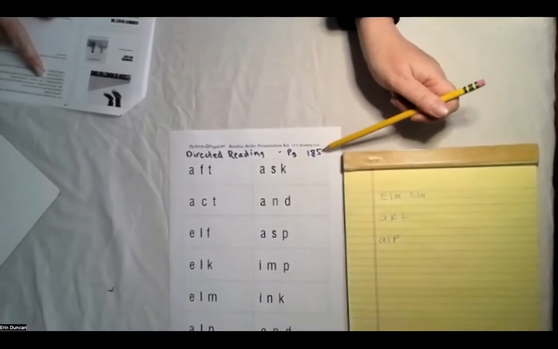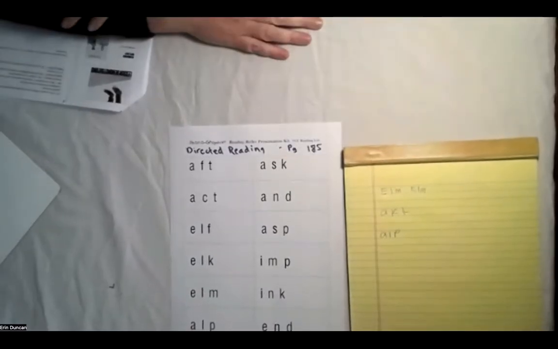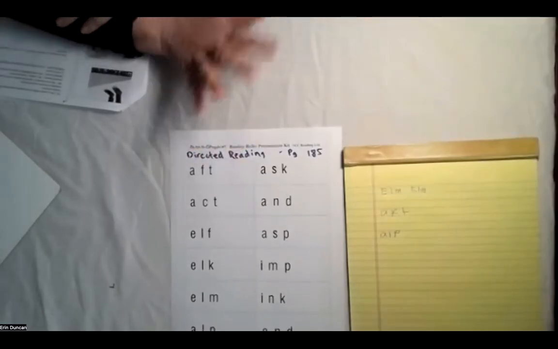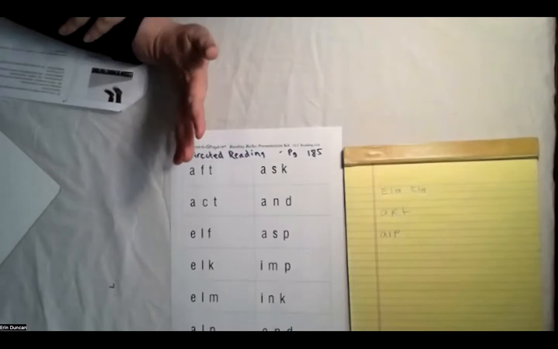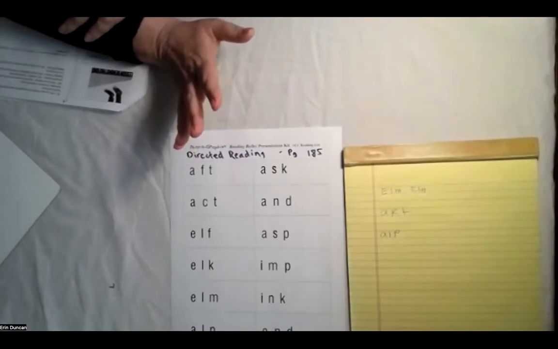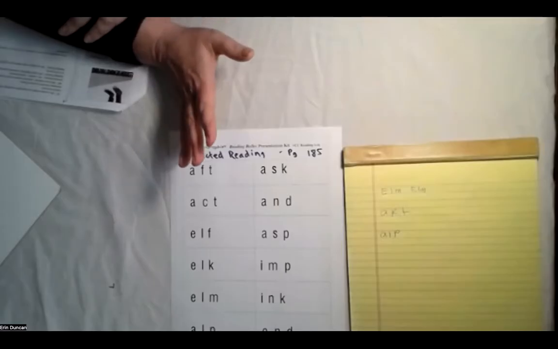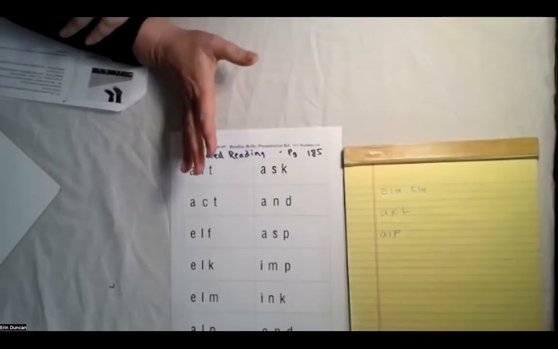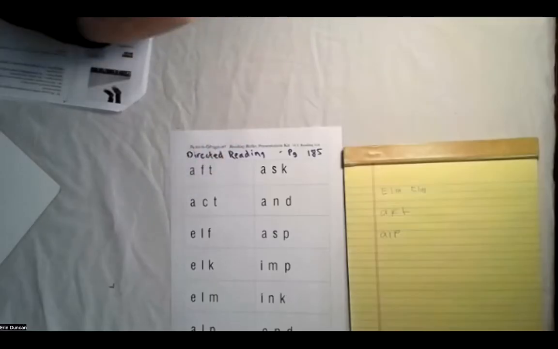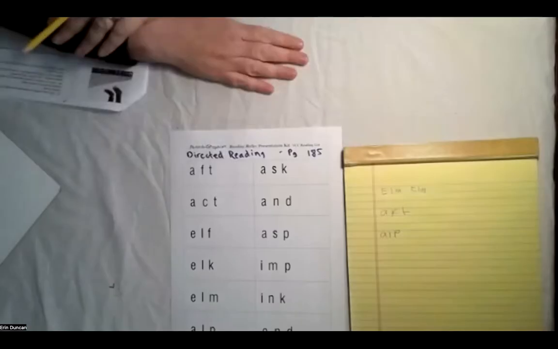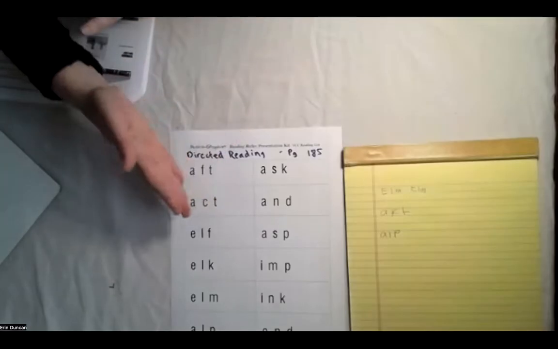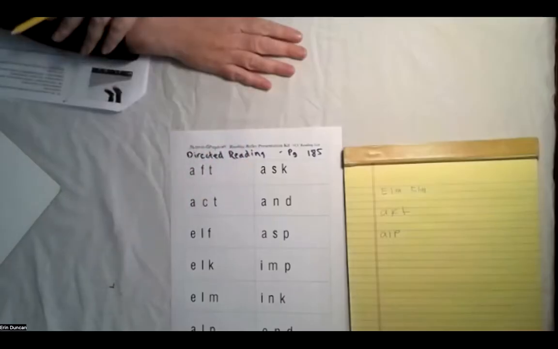You'll see the variation there. And in that, you tell them what the word is first. You say, we're going to read this word. It's the word ask. Okay. All of a sudden, you've taken a lot of angst away from a student who's very worried about making mistakes, isn't sure how to blend, isn't sure they're doing the right thing. They know what the word is. And now they can relax and focus on what you want them to focus upon, which is blending. Learning how you can say those sounds and hear a word happen as you do it.